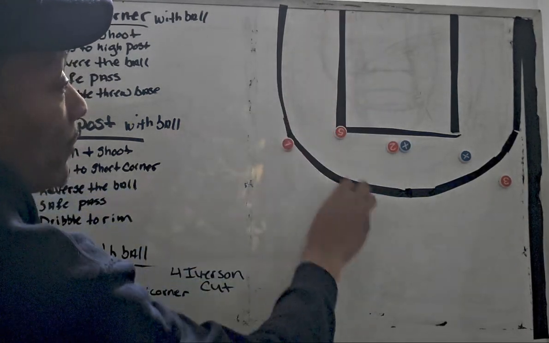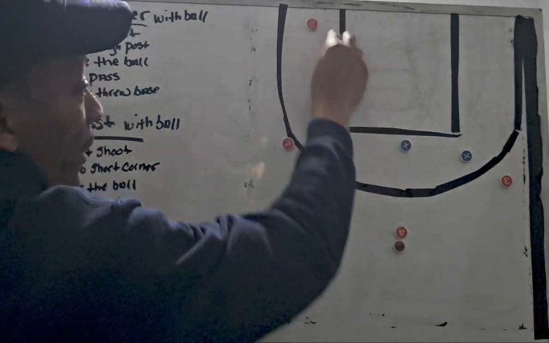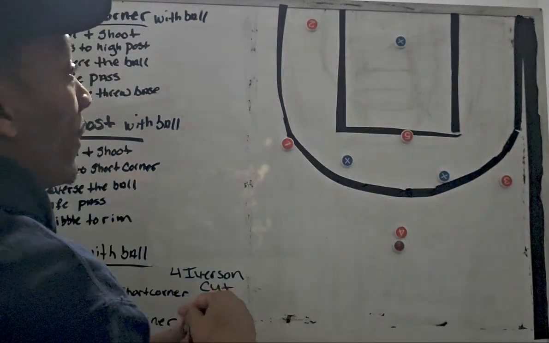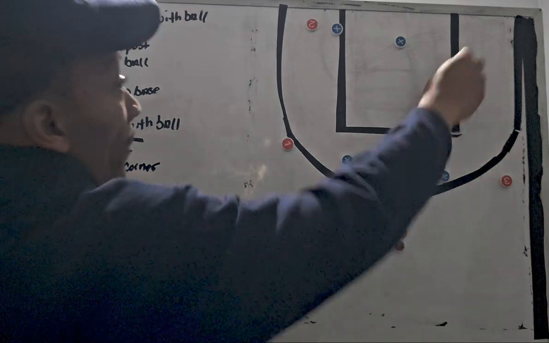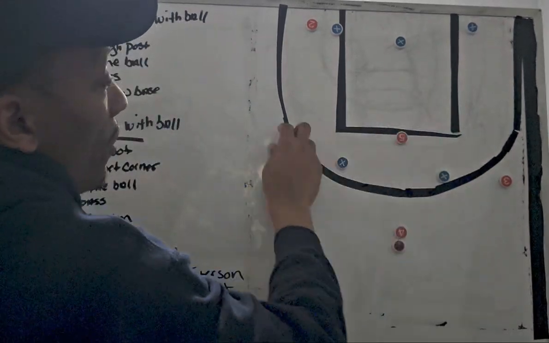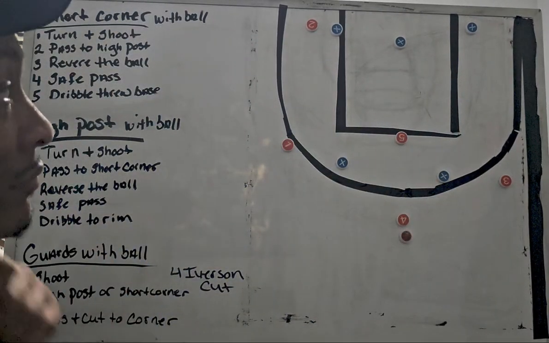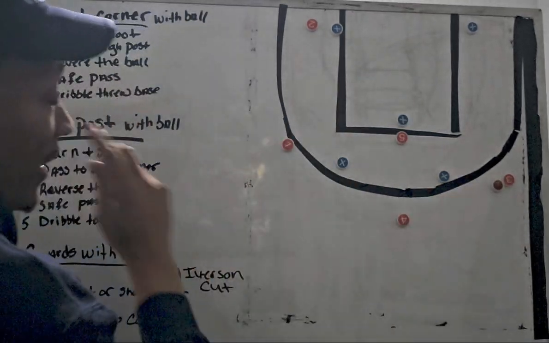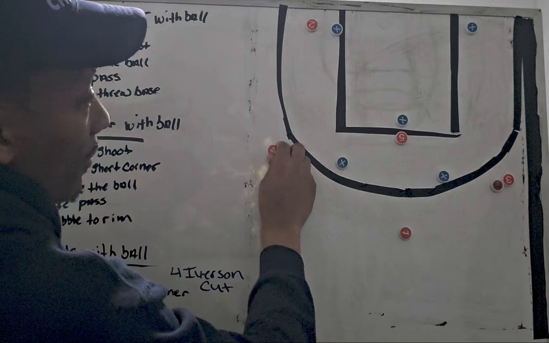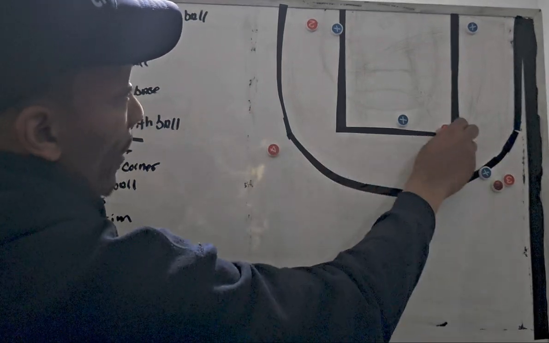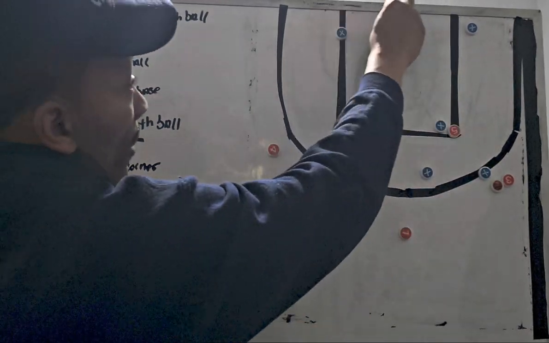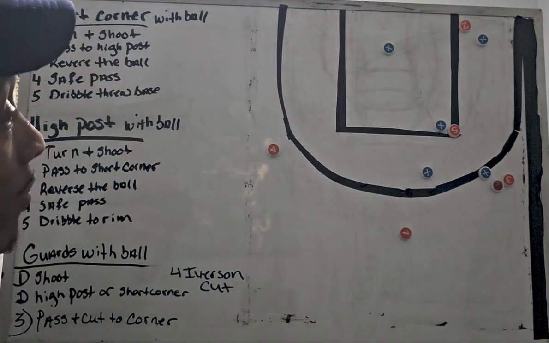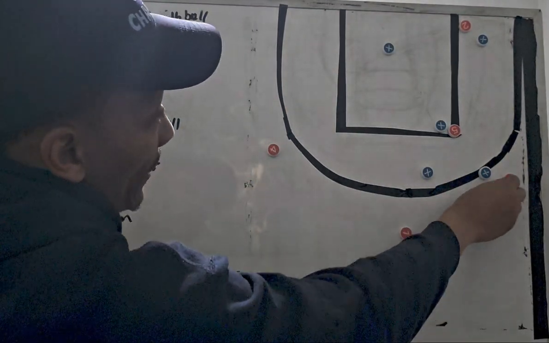Now, let's look at it really quick with a defense. 41 zone, we come out, he's up. If we pass here, we have pass and fill. Defense shifts, everything rotates over. We make sure we're not hiding behind the defense. We swing it back. If we pass it to the high post,